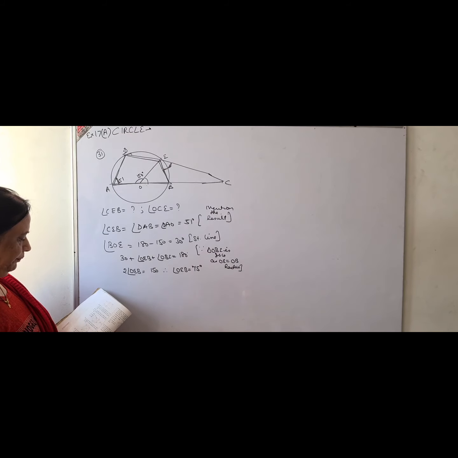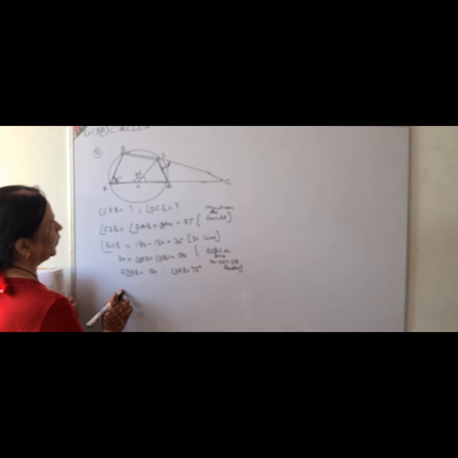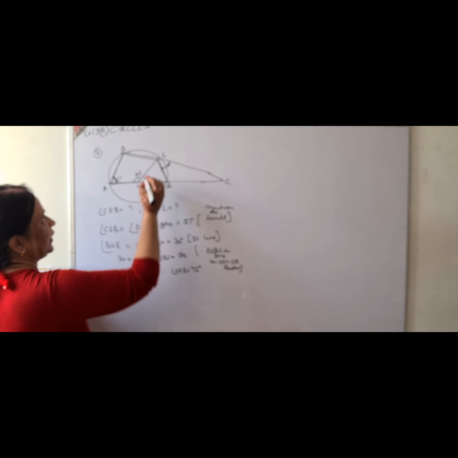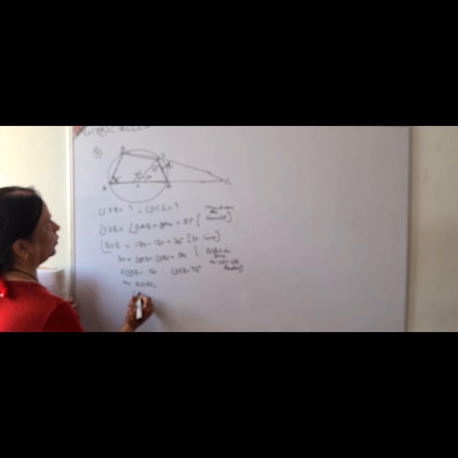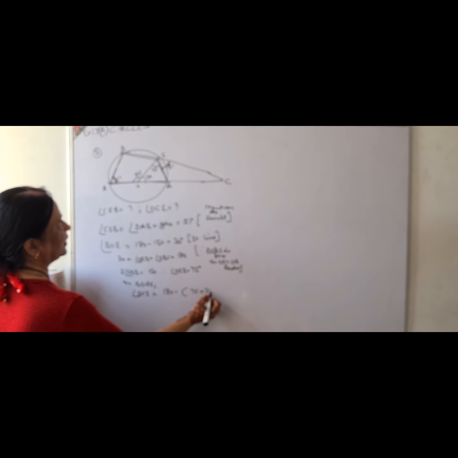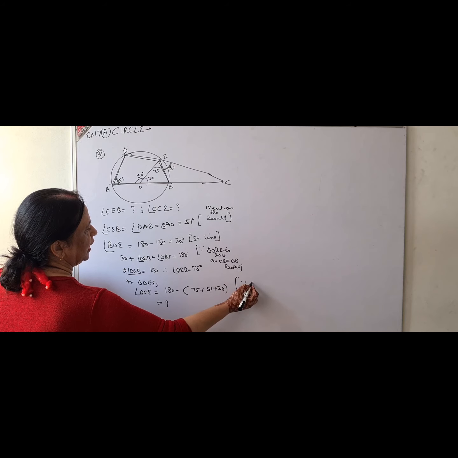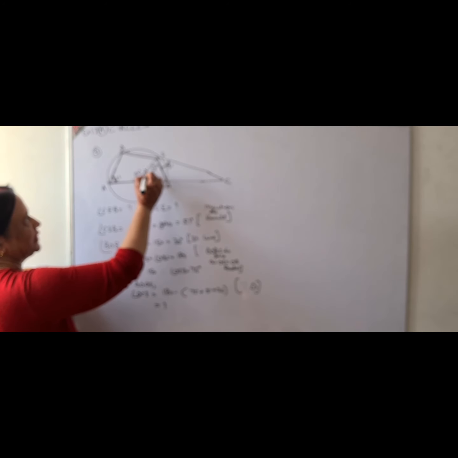And what do I have to find? I have to find OCE. Now in triangle OCE, angle OCE will be 180 minus (75 plus 31 plus 51 plus 30), and that is the required answer. And the reason for this is the angle sum property of the triangle. See, you have found this 75 by making this an isosceles triangle. The vertex angle is known, so these both angles will be 75.